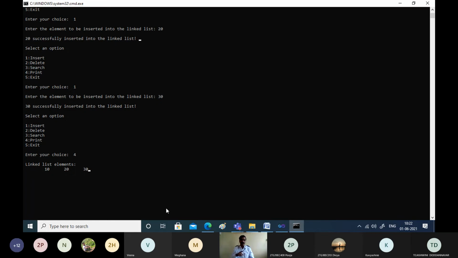Right? And the advantage with this linked list is you can go on increasing the size of the linked list. This is an example of dynamic memory allocation. If you want to insert a node into the linked list, we are allocating memory and increasing. But in case of an array, the memory is fixed. If you have reserved space for 5 elements, then maximum we can insert only 5 elements into the array. We cannot insert more than 5. But in the linked list, we can go up to the capacity of the system memory.